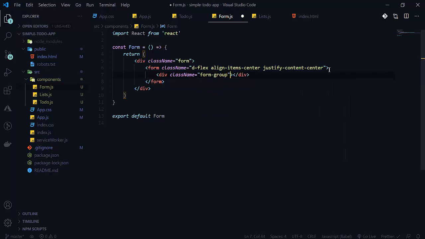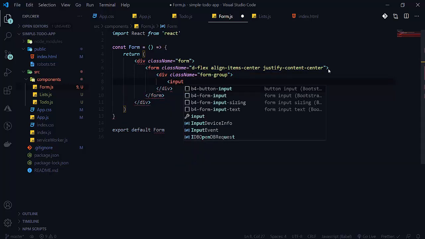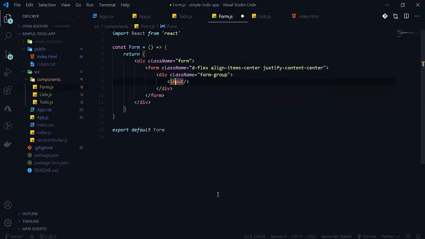Under that we will create one input here. Sometimes it gets stuck here. So here will be input and class name. The class name will be form control.